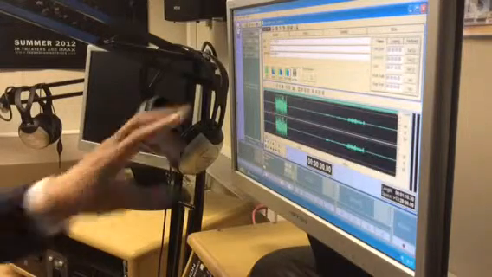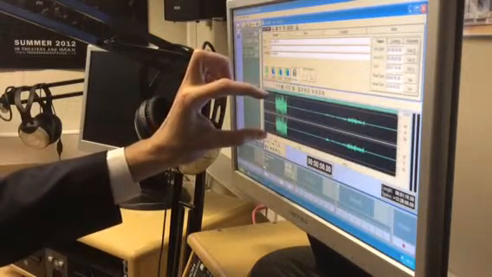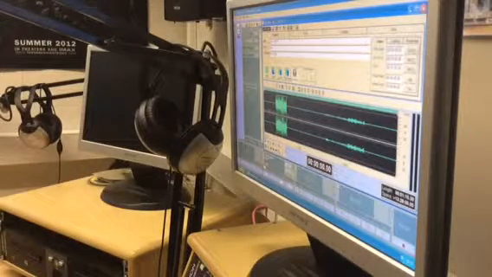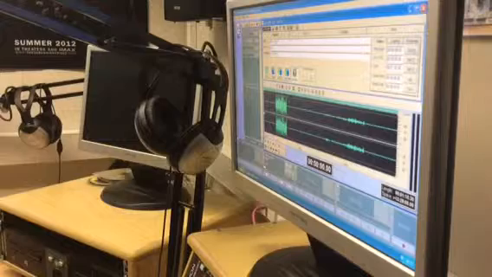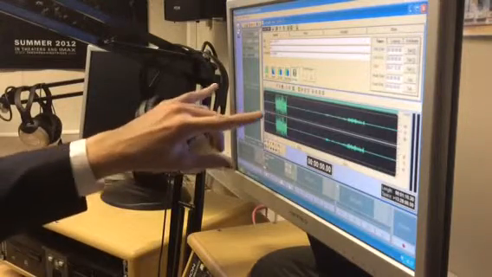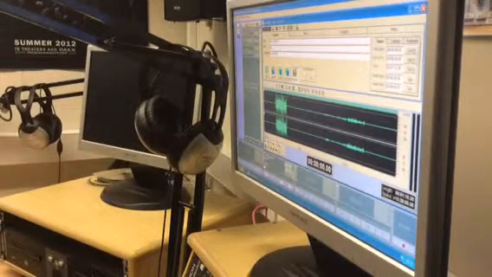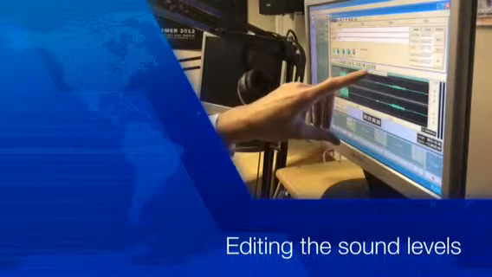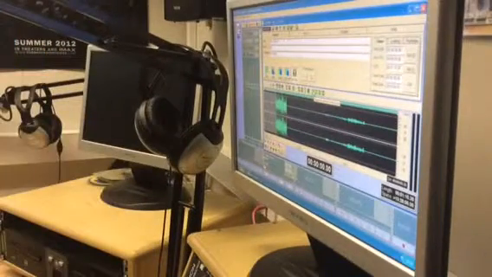So there's a massive disparity between this bit, which is really, really quiet, and this bit, which is actually too loud. So what I need to do now is to make sure that I select by selecting the middle line here, clicking the mouse down and dragging all the way to the bit that I want to increase the volume of. Once I've done that, I go to this one here, fourth one along, change the volume of this section of the track,